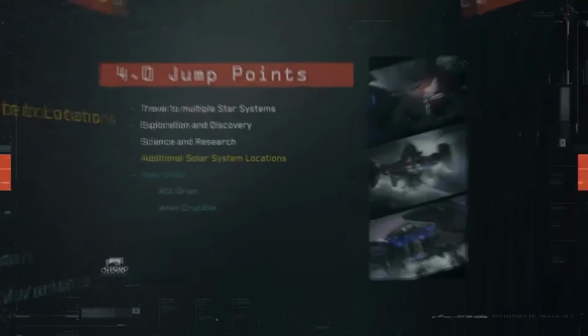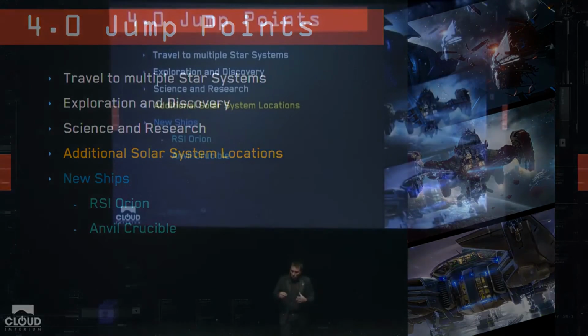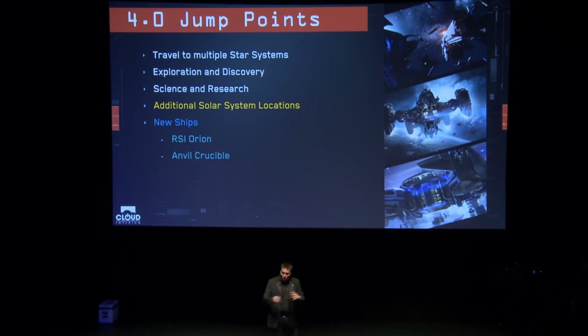Here we go. And then finally, 4.0. That'll be the first time we'll go beyond Stanton to other star systems. I'm not going to say how many star systems yet. It depends how much we'll be able to build with our content pipeline, which we'll show you a little bit of coming up. But we're very focused on how to author star systems at the quality level that we like,